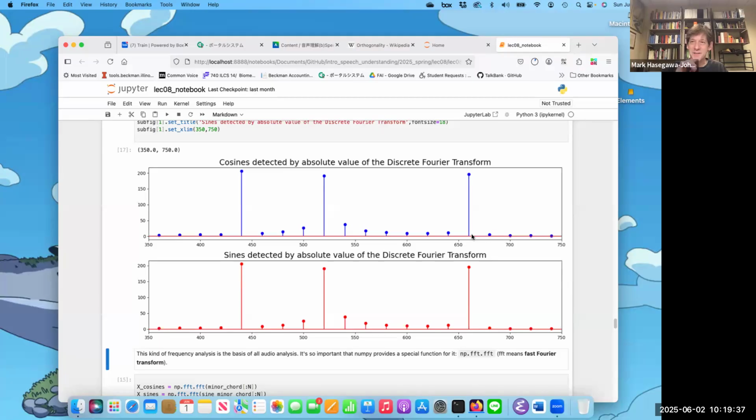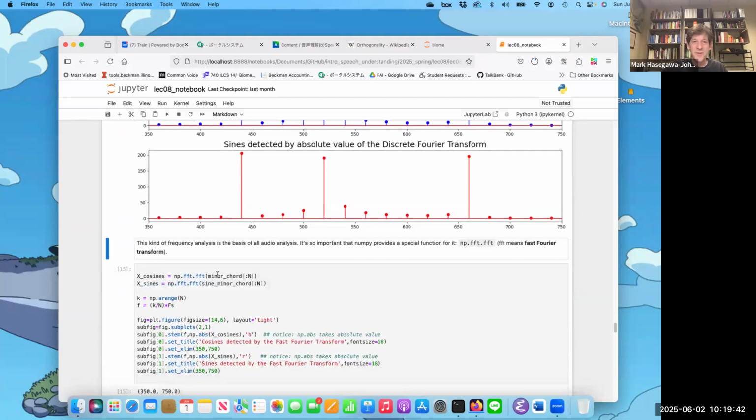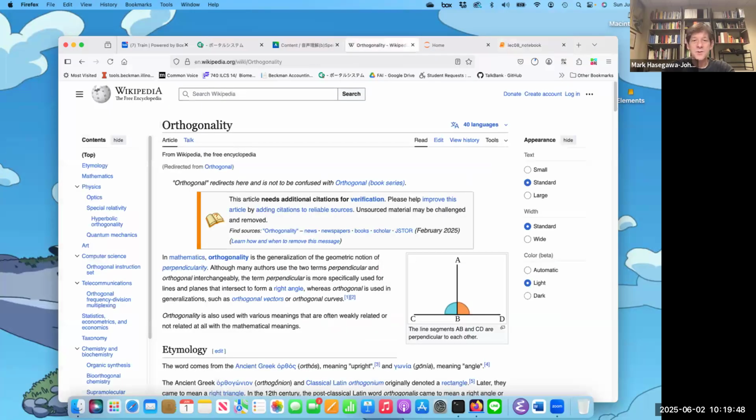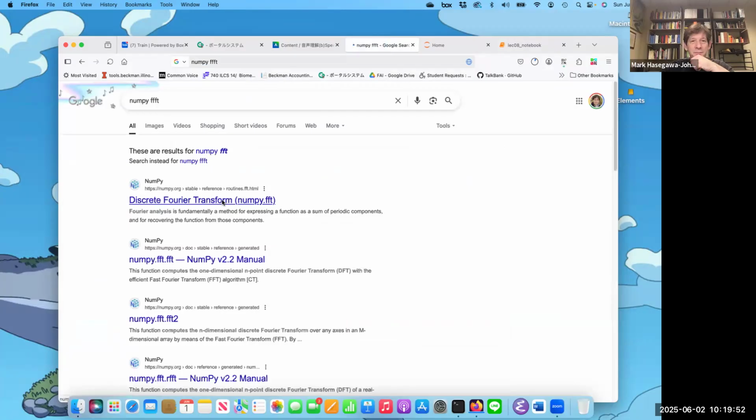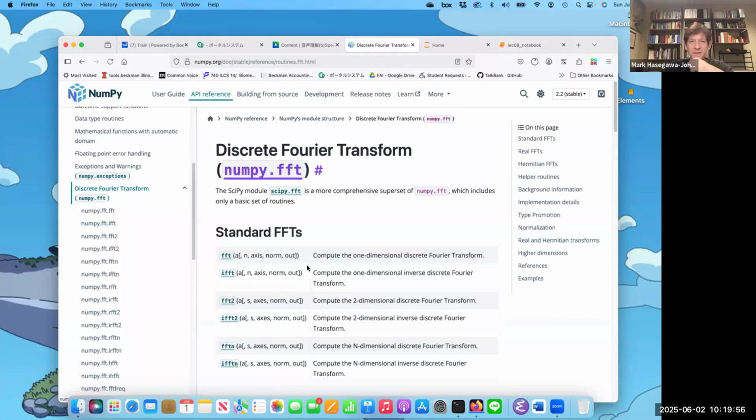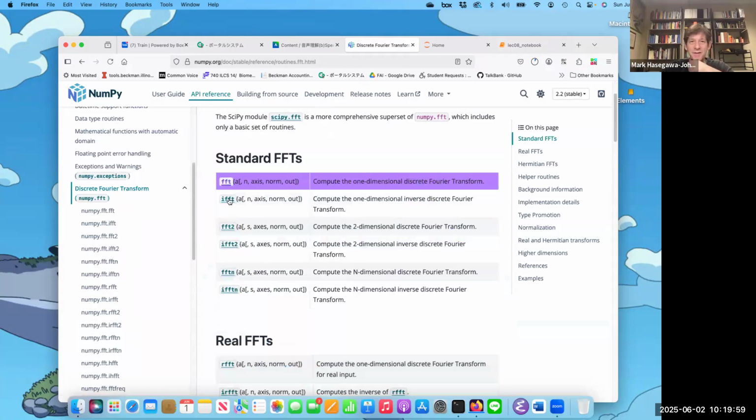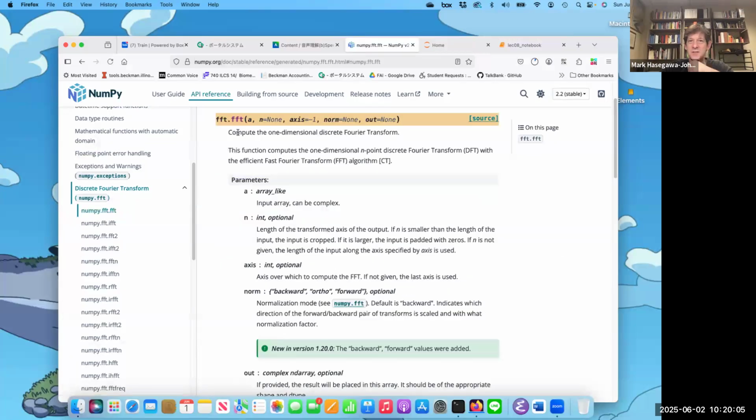This kind of analysis is so important for music that it actually has a special function as part of NumPy. NumPy provides this function called FFT. Let's look that up. Let's go to NumPy FFT. And you can look up all of the information on the NumPy FFT package. It has several functions: FFT, IFFT, FFT2, FFTN. The one that you'll use most often is just